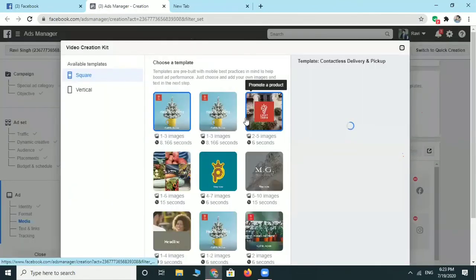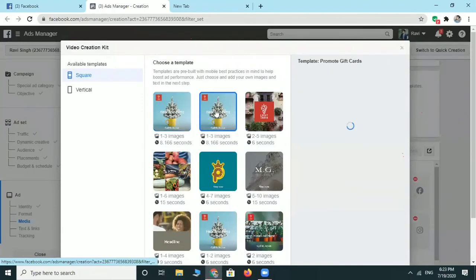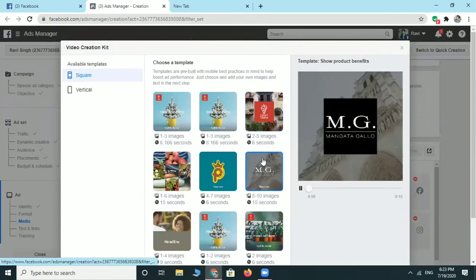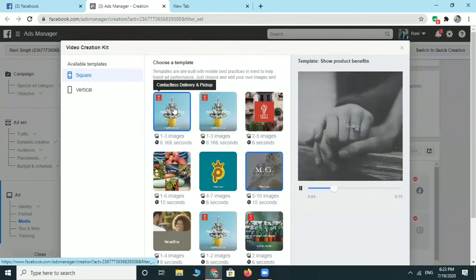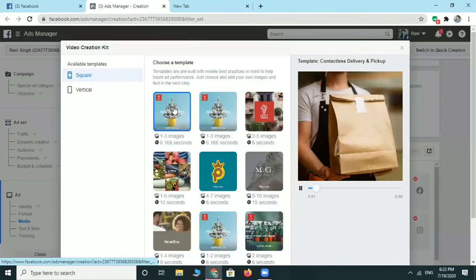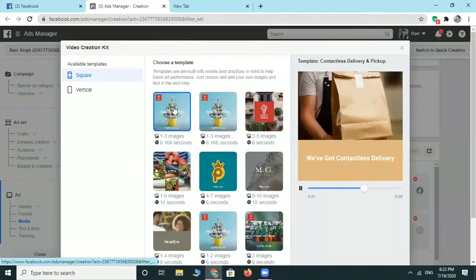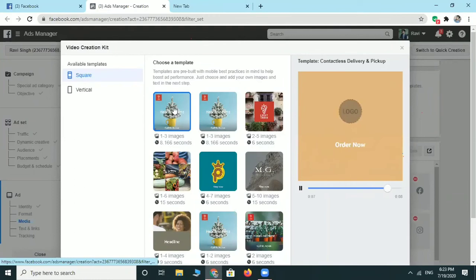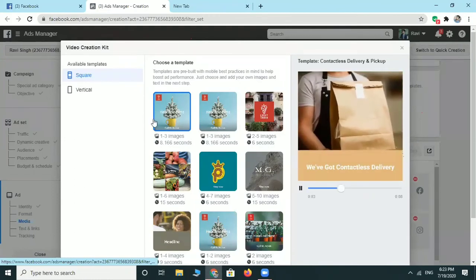See, Facebook is already giving you templates. You can choose any of the templates, or you can include your own video also. If we see the first video, it is indicating a delivery, e-commerce video. Our company is also e-commerce, so I will go with this first video only.